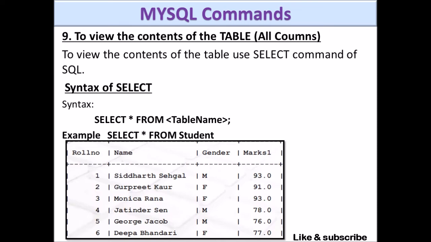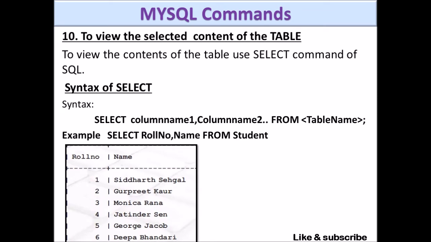Okay, so see, all the roll numbers 1 to 6 are here, names, gender, and marks also. The null values output is not here because that is not executed, that is just given to you for understanding. We can do it in practical, then you will be able to understand it. Okay.